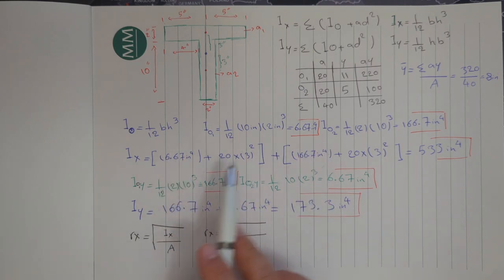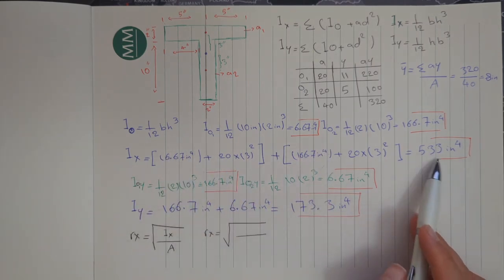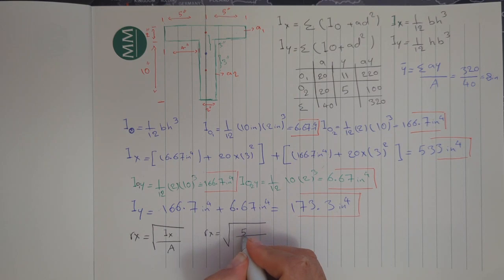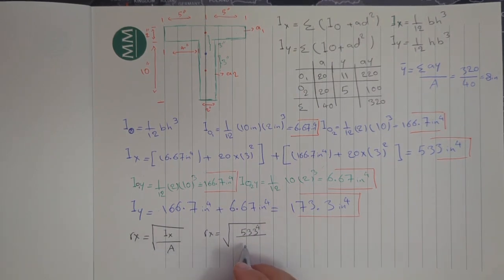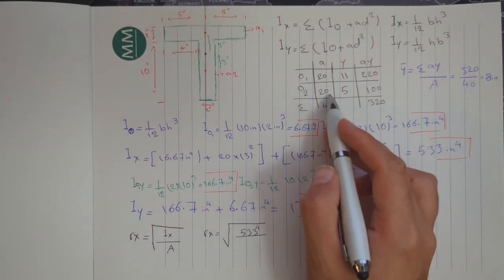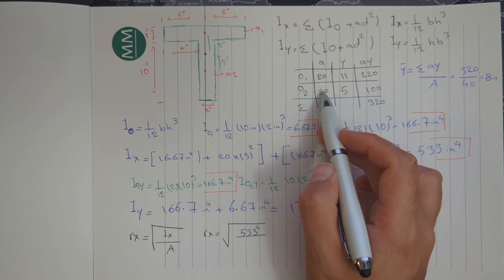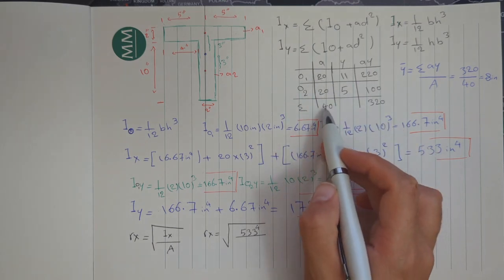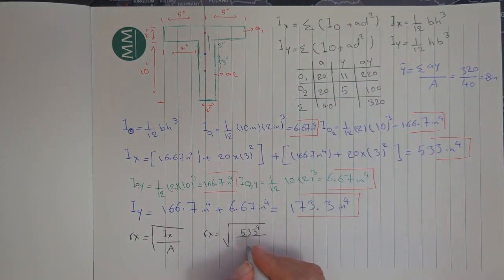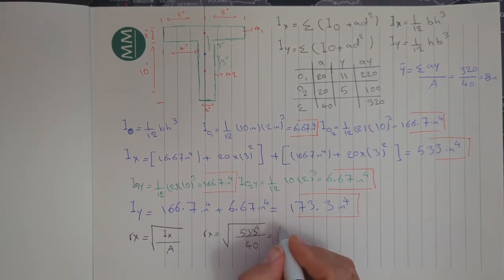Here, 533. And how much was our A? The total of A is 40. So we have A1 and A2, 20, 20. The total is 40. The answer is